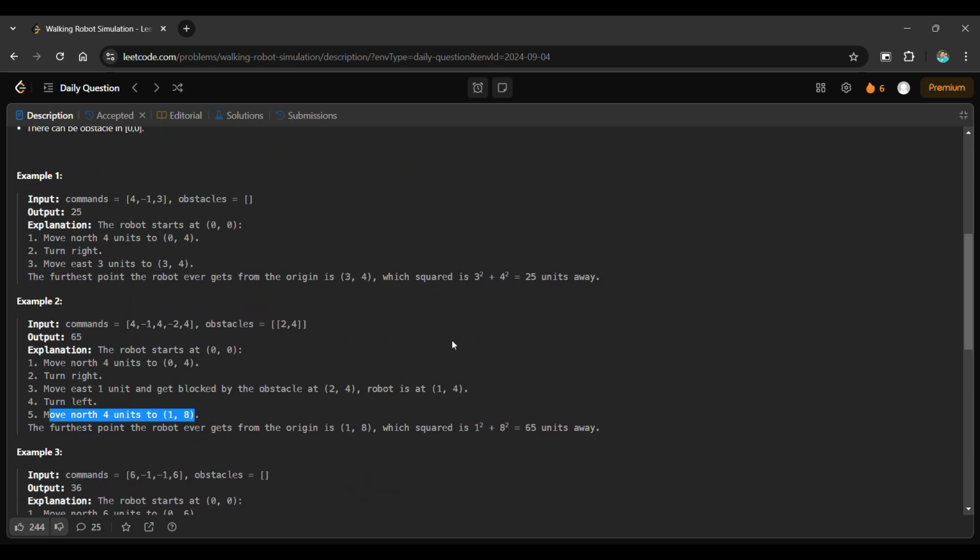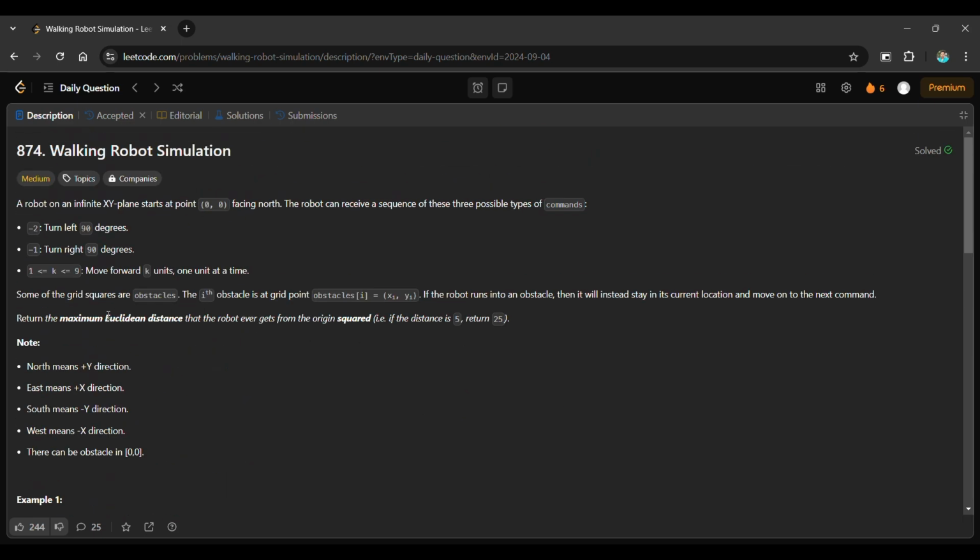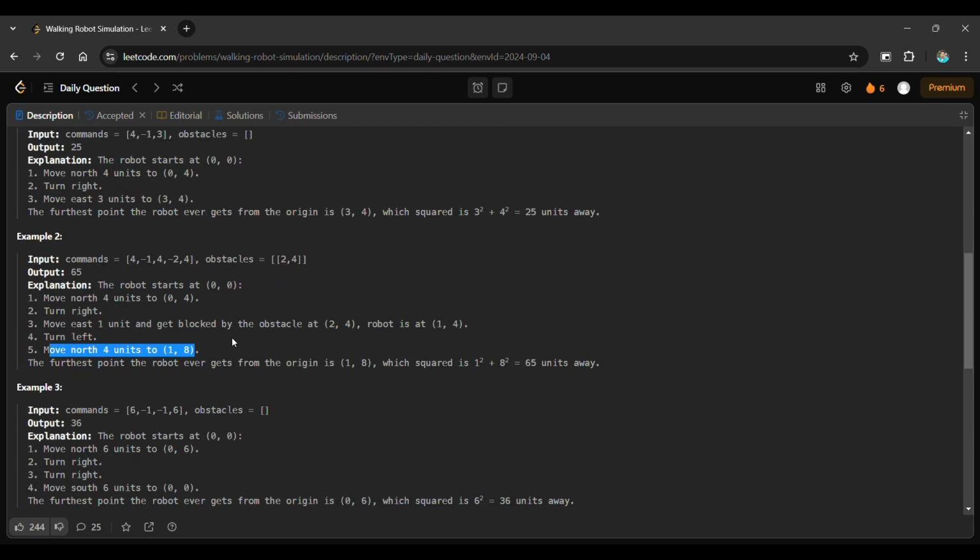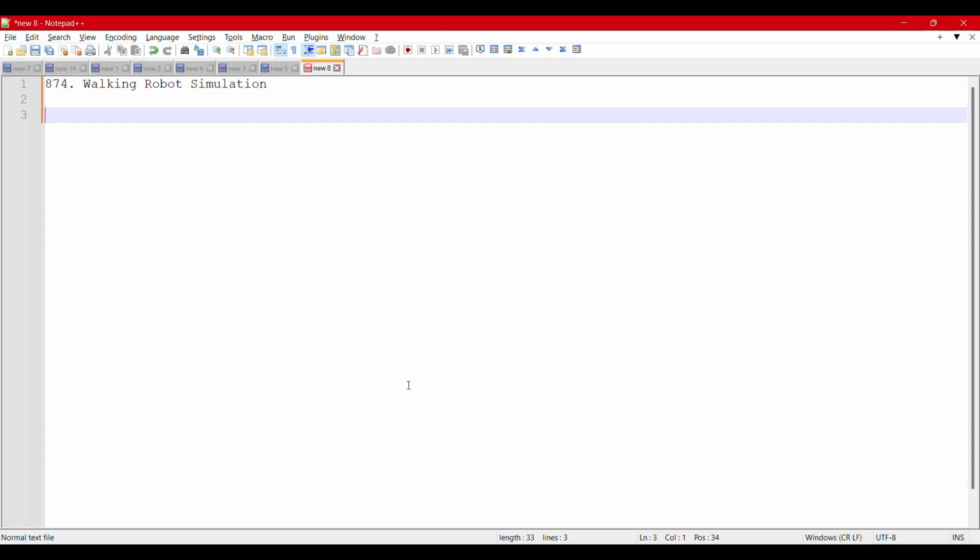In the answer you need to tell the square of Euclidean distance between the initial point and the furthest point the robot has gone to during this whole process. So Euclidean distance is nothing but